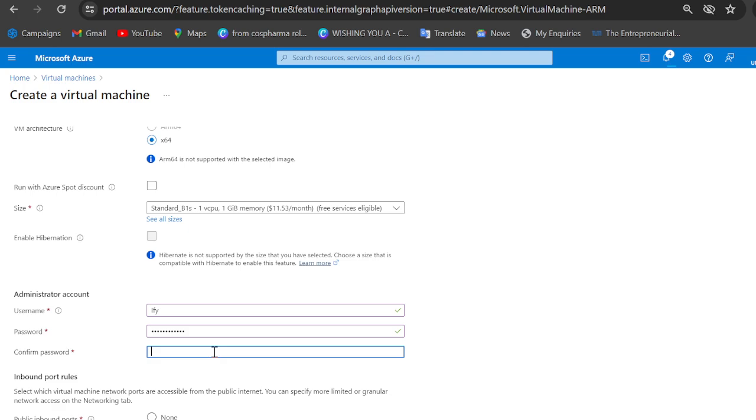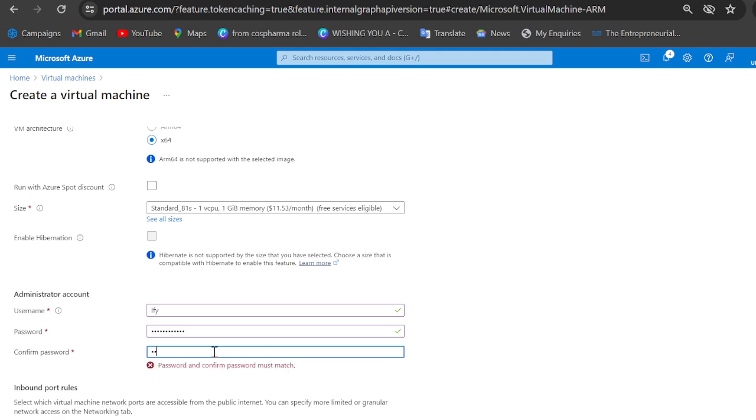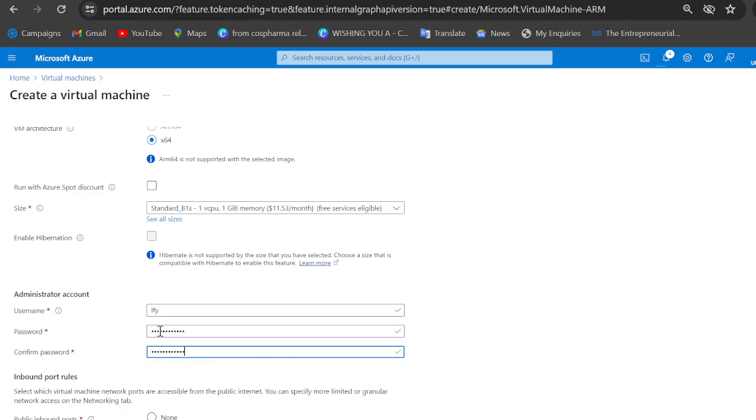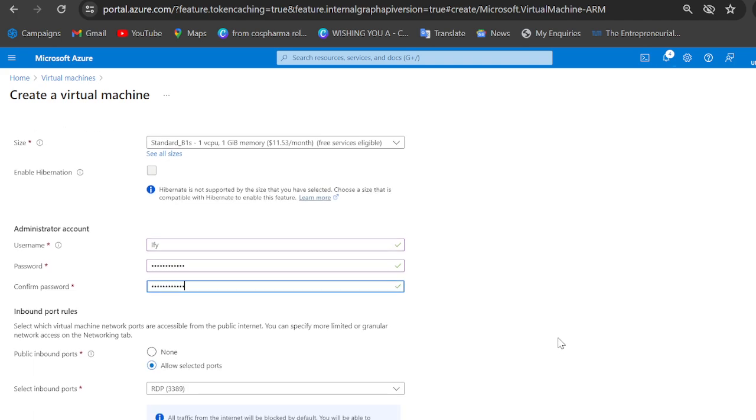I will send it to you. Okay, now it's accepted. For public inbound ports, the one that we are going to pick is RDP,